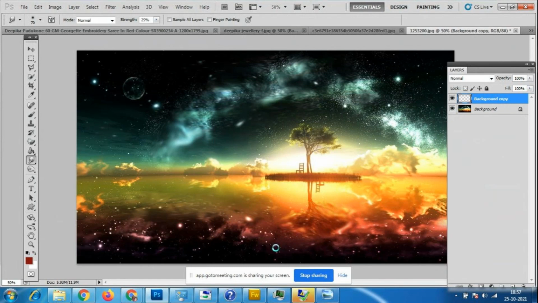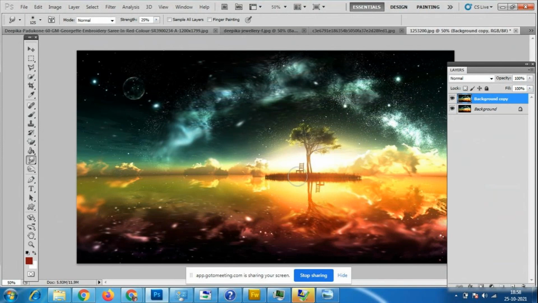I'm using smudge for this background. If I use it more times, the system will become slow and it will not support. So slowly we have to use this effect. On the internet you can search for smudge paintings and check those. Many of the paintings done with cartoon images are done with the smudge painting.